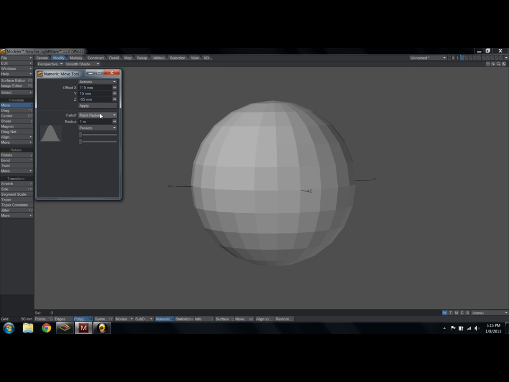I go to point radial, and what I do is I just right click somewhere, and it allows me to draw this circle. That's basically outlining the falloff. At the very center of that circle, 100% of the command will take place. At the edge of the circle, 0% of the command will take place, and it's going to fall off on its way down. So instead of moving the whole thing at once, now it's just going to move